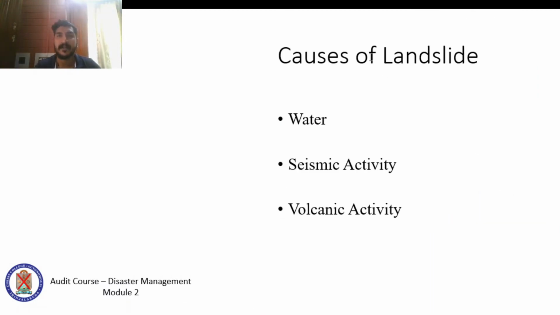Although there are multiple causes of landslides, the three major causes of damaging and devastating landslides around the world are: first, water; second, seismic activity; and third, volcanic activity. So, landslides and water. Slope saturation by water is a primary cause of landslides, and this effect can occur in the form of intense rainfall, snowmelt, or change in the groundwater level,